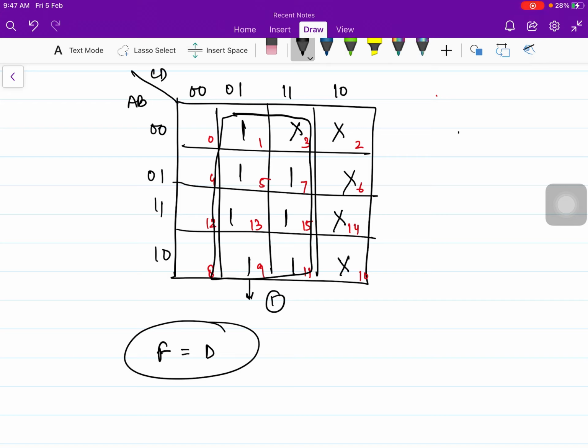I hope you have got an introduction to the 4 variable K map and the don't care conditions. So practice more questions using the same technique, and you will be able to solve questions related to the 4 variable K map. In the next lecture, we will see the 5 variable and 6 variable K map. Also, in the description box I have shared the link for the previous lecture, on 2 and 3 variable K map, from where you will understand the concepts of K map and what our objectives are. So if you want, you can refer to that too.